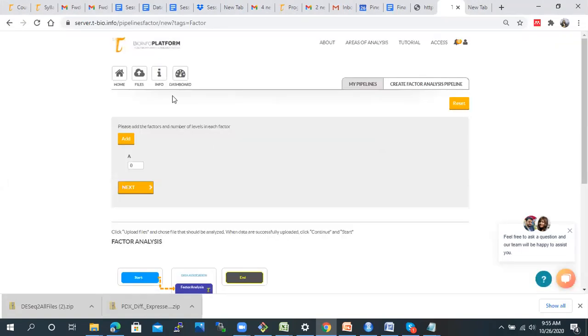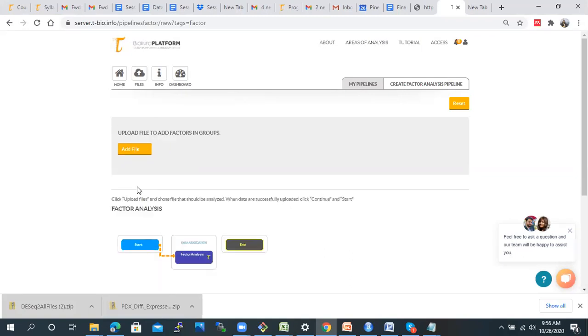Once you do that, the next option that you will get is to add the factors and the number of labels in each factor. As I have already told you, we have two major factors, that is ER positive and the second, triple negative. Under that, how many labels do we have? As we have mice conditions 2, that is, we have two conditions, athymic and nod. If you click on this, then you will get the next.